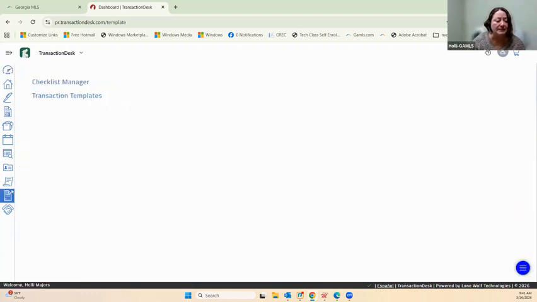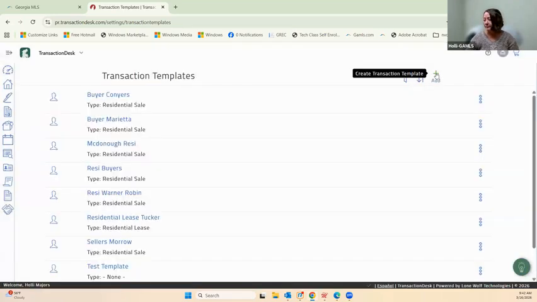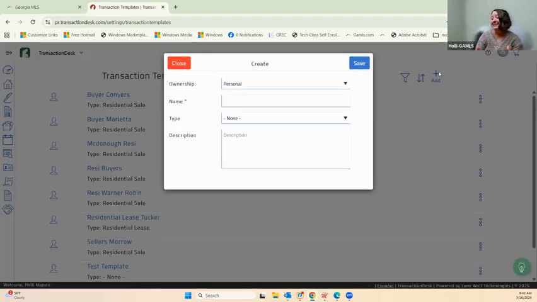If I click on templates here, oops, I'm just clicking like crazy. Go to transaction templates and then click your add plus button. Again, you can have as many templates as you want to. You can have it on a buy side, you can have it on a sell side, however you want to